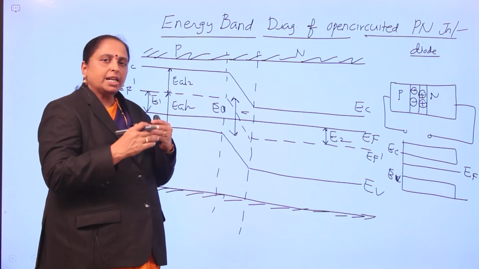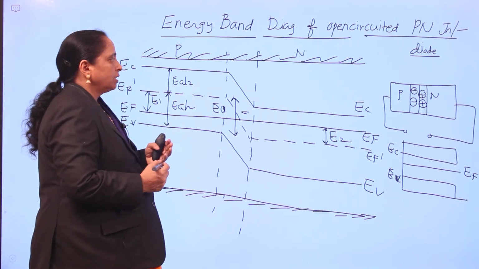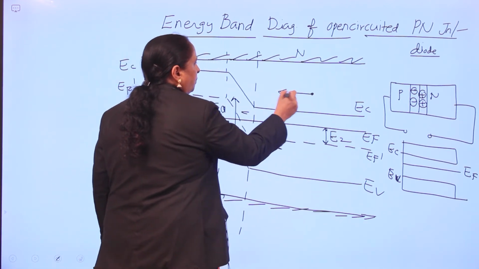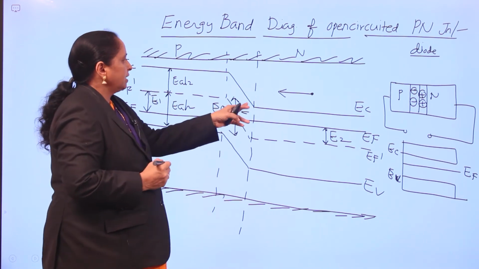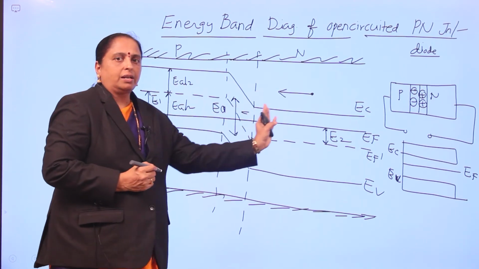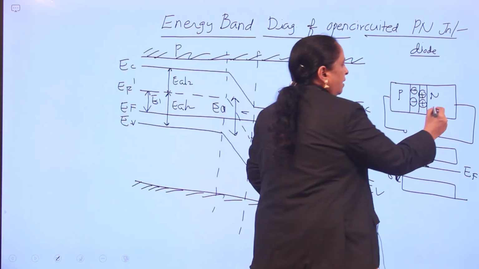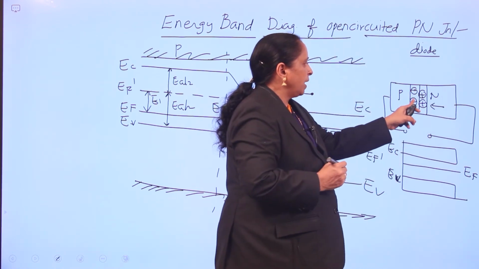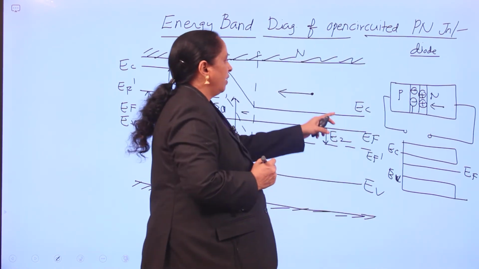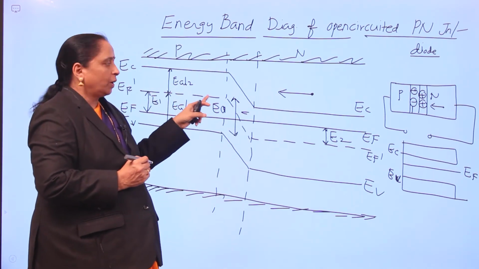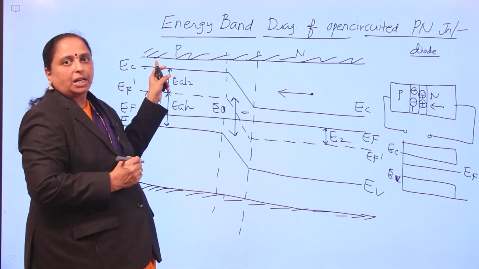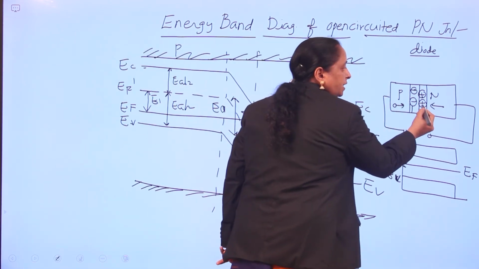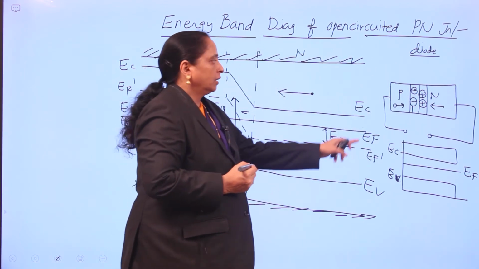So now, what is the expression for this barrier? Exactly what is this barrier? For example, if any electron tries to cross this junction, it is like a barrier. This electron is again pulled back, because from this side, if any electron tries to cross this barrier, it is repelled by the negative ion distribution. That's why this electron cannot travel, because of this high barrier potential. Similarly, if any hole tries to cross this barrier, it is repelled by positive ions. That is like a barrier.